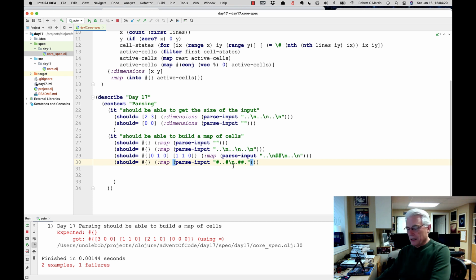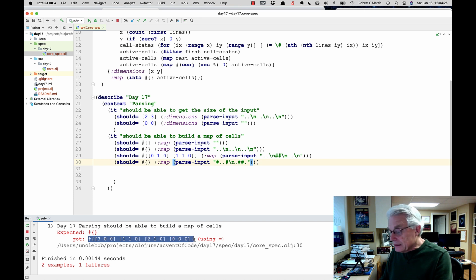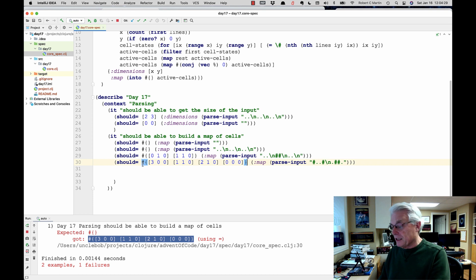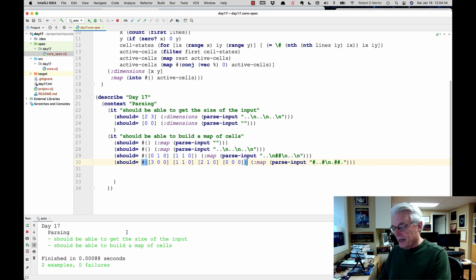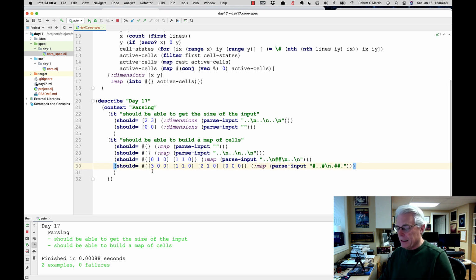Okay, so I should be able to take this, copy that into there. Is this cheating? No, this is not cheating. There's nothing wrong with doing this. I validated it manually and then I stuck it in there. All right, perfectly valid, and that works. Okay, I can now parse the input. That's nice. Given that I can now parse the input and the result is a set of the active coordinates,